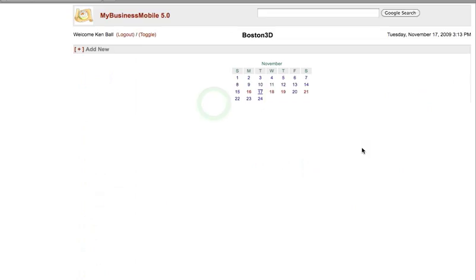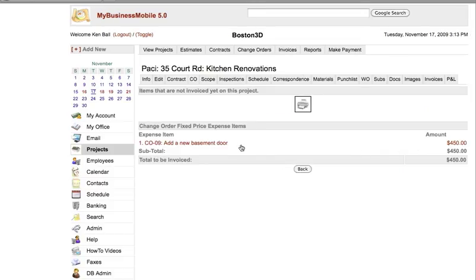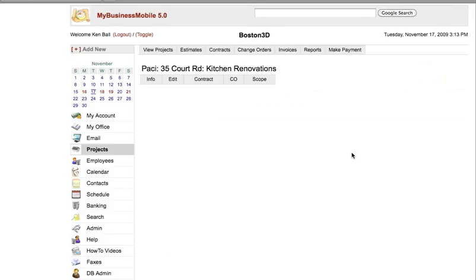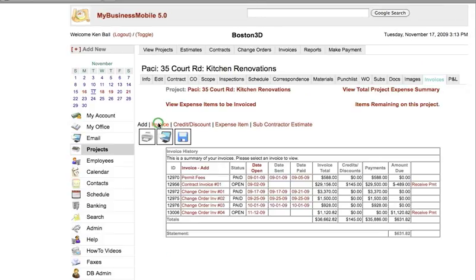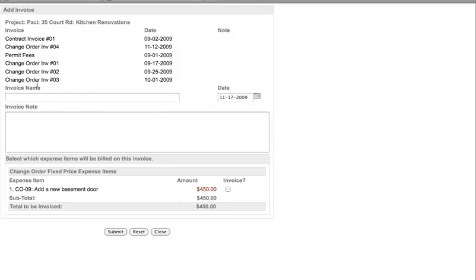Let's just see what's out there, and it shows that I have to create an invoice that I have not yet entered into the system as a payment to receive for this. So for our records, we'll go back to invoices, and I'll say to add an invoice, and it's going to be change order 04, which was on 11/17, and it says now I can include this because it was agreed upon. When I create that,